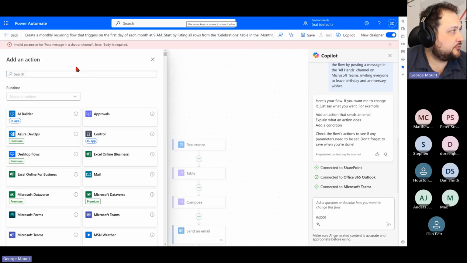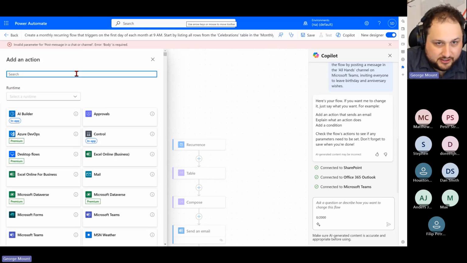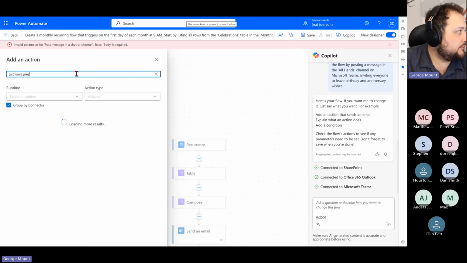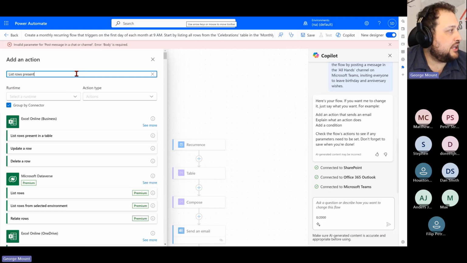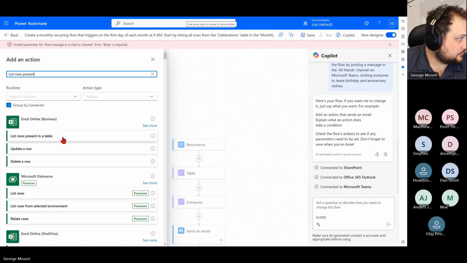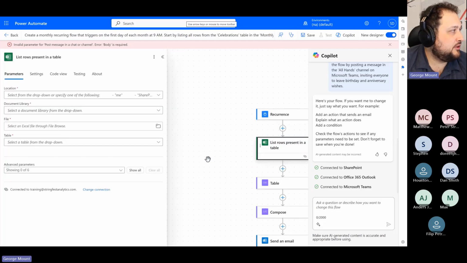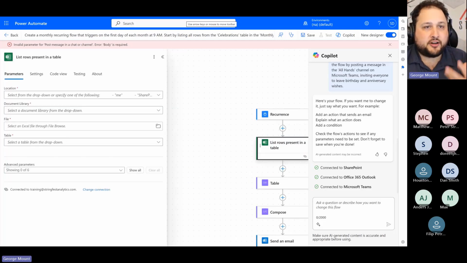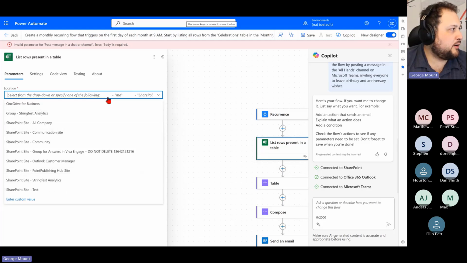And let's search for list rows present in a table. Okay, so we'll use Excel Online Business, we are going to list rows present in a table. Okay, so this is going to look pretty similar, right? We need to specify where our